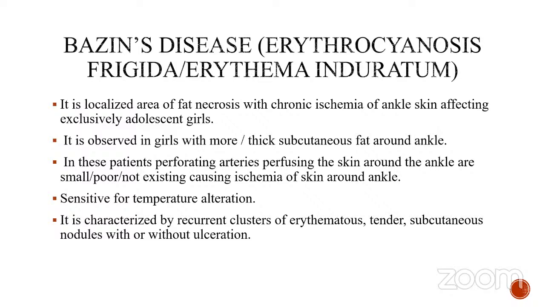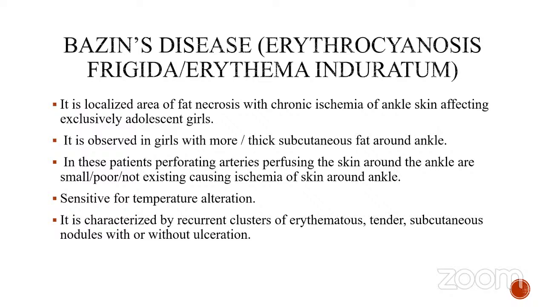In these patients, perforating arteries perfusing the skin around the ankle are small, poor, or non-existing, which leads to ischemia. So due to the presence of thick subcutaneous fat, the perforating arteries around the skin will get obliterated or are non-existing. And due to these reasons, there is a chance of ischemia around the ankle, and that will lead to